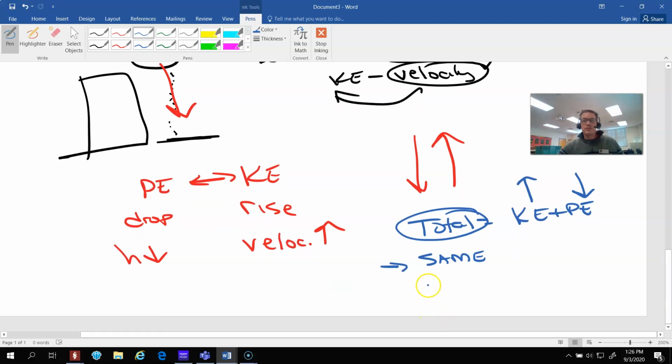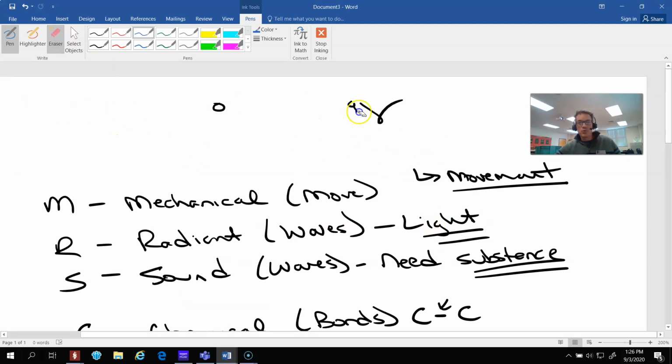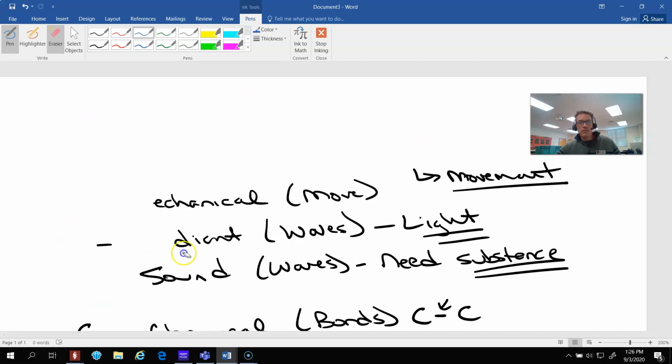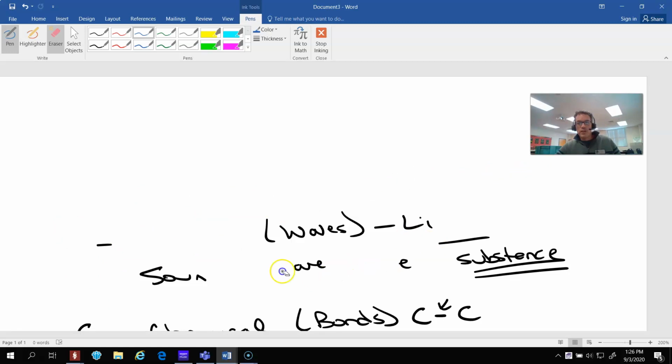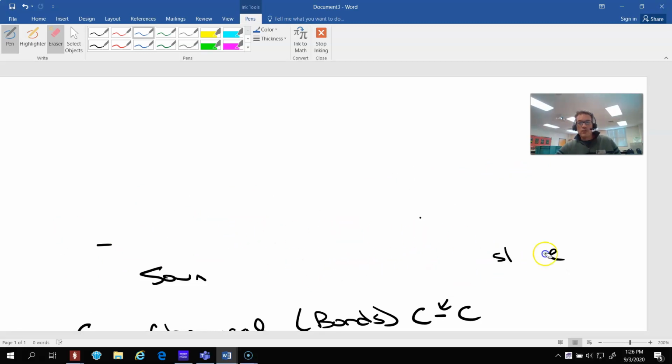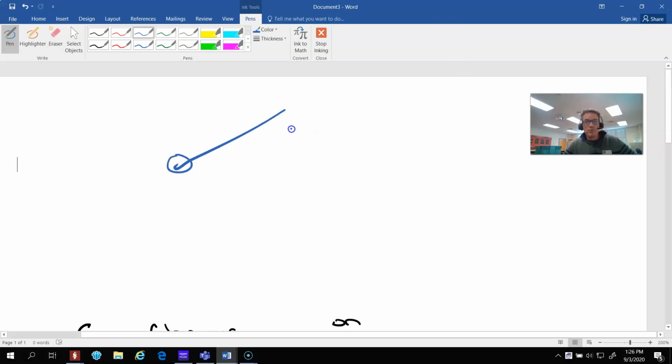We also looked at things like, let me erase some of this. We also looked at some things such as a pendulum, which is kind of like a swing, the thing that was going back and forth. But anytime we've got an object that can go up and down, what we're going to find is a constant changing of its kinetic and potential energy. So if we have, again, a pendulum that's in multiple places,